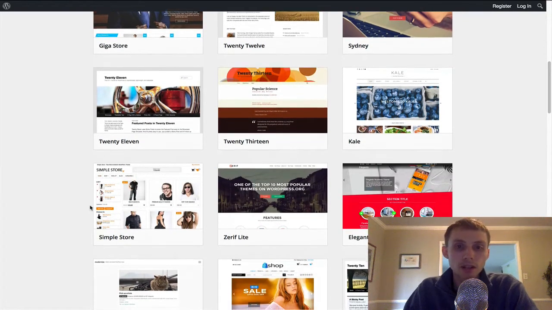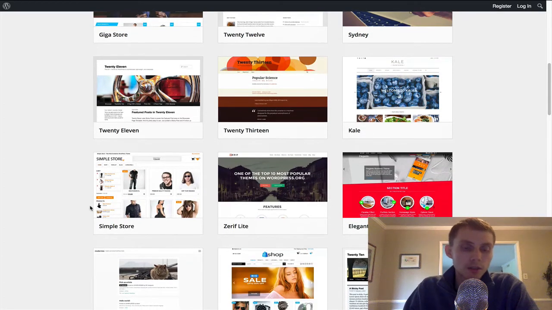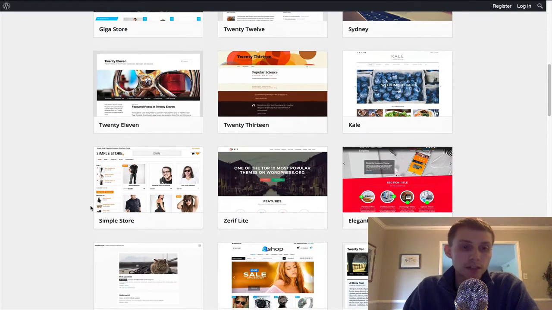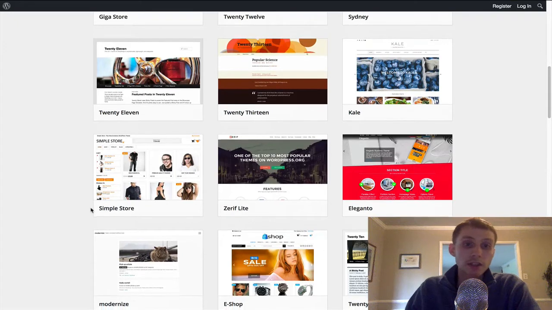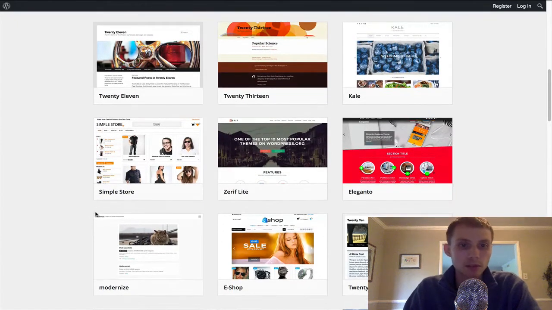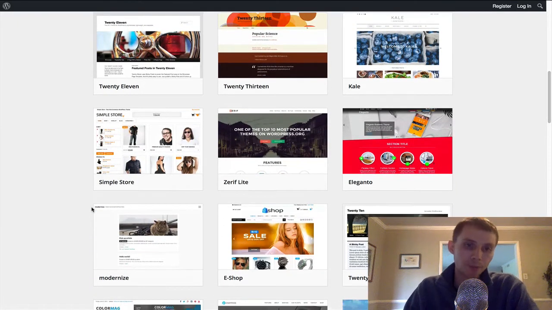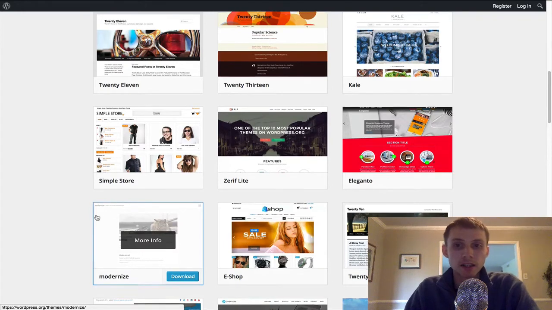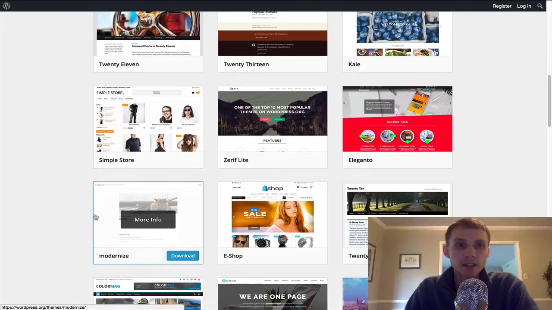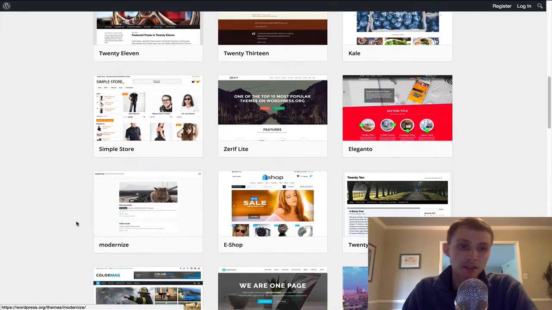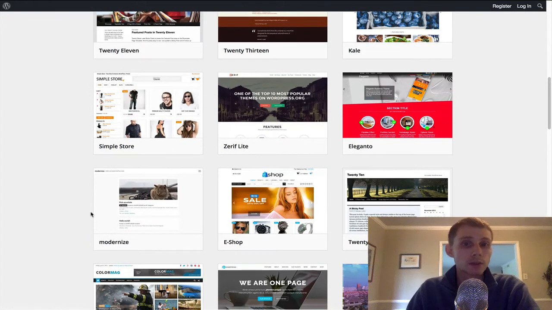But for the most part, a lot of the things on your website you can customize with your theme. Usually themes will have different settings within your WordPress dashboard, your WordPress backend, that you can use to customize how your site looks. But some things you won't be able to customize, and each theme is different. So first we're going to talk about free themes, because there are tons of free WordPress themes you can use